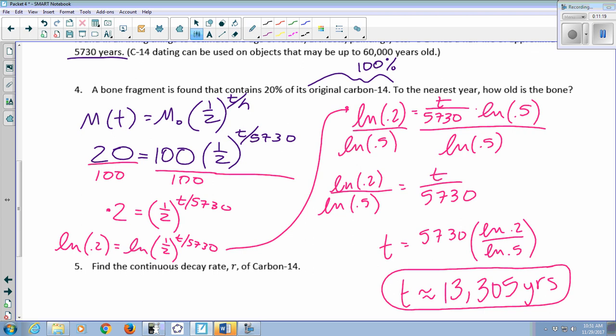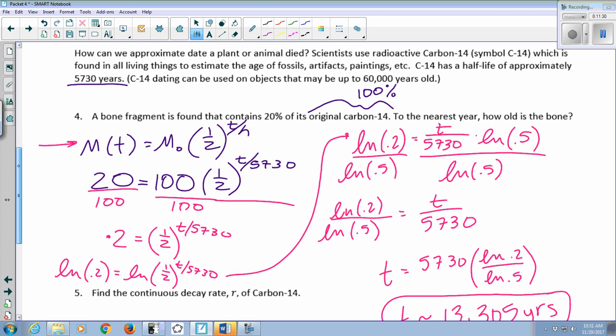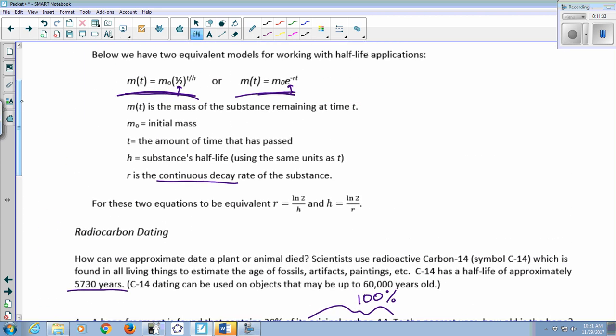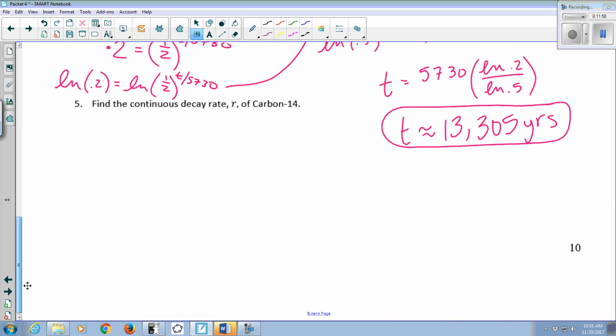Okay, so I decided to use the formula that had an H in it because they gave me the half-life. But if I had wanted to use the other formula, I would have needed to know the continuous decay rate R. My other formula has the same M naught in both, and then they both have a t, but this one has an R and this one has an H. If I wanted to know the R, the continuous decay rate, I just use my conversion formula, ln of 2 over H. So my continuous decay rate R is the ln of 2 over 5,730, which means that R is approximately